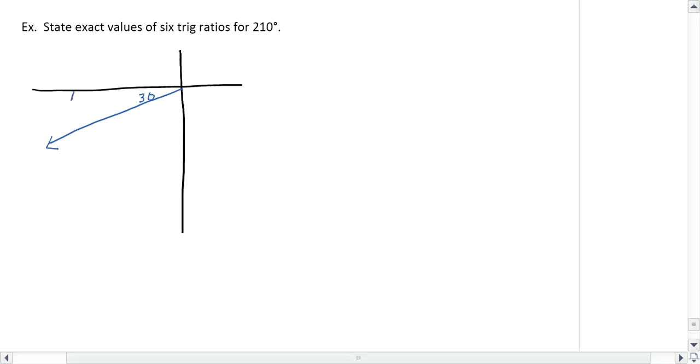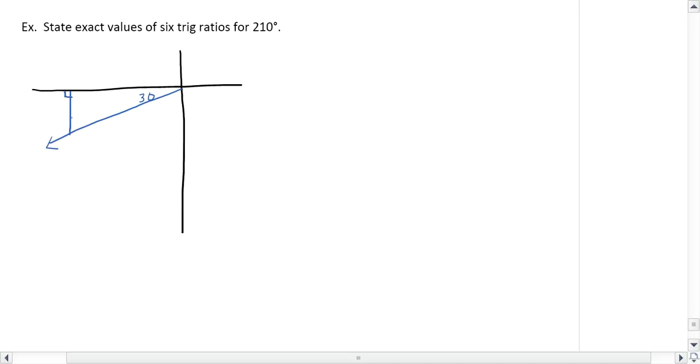Draw in the reference triangle. Let me try that again. That was pretty crooked. All right, maybe I'll get a perpendicular. There we go. Now when it comes to labeling the sides of the triangle, we don't have any information to